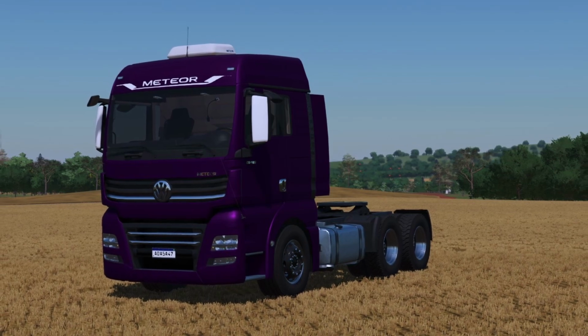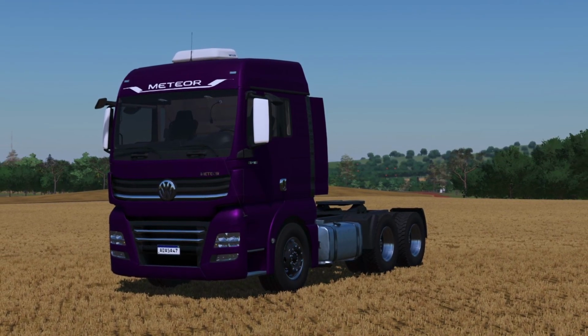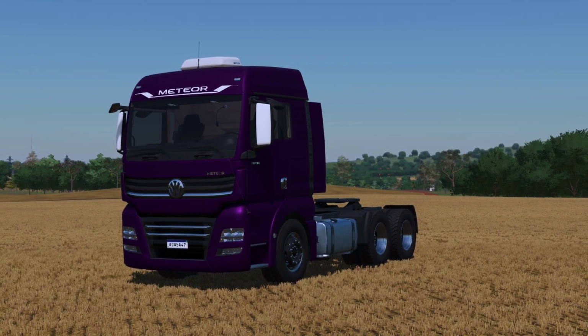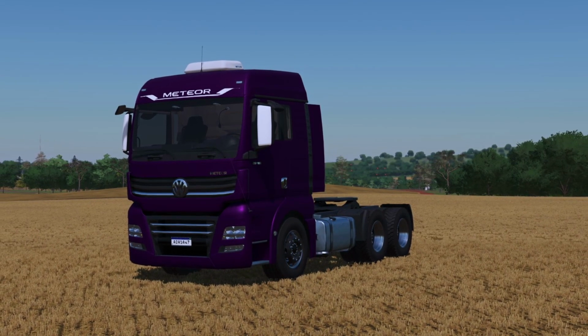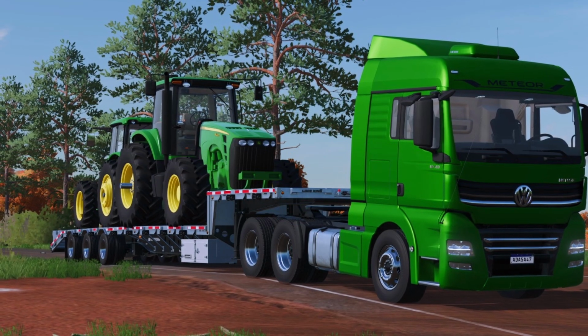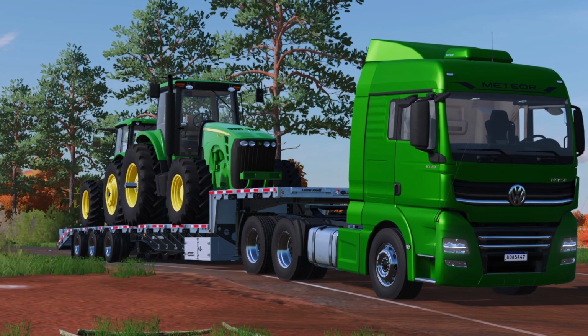In both versions, it is possible not to use the brand logo. This mod has seat adjustment animations, being able to move up, down, front, and back, thus adjusting the internal camera as you prefer. Some of the specs of the Meteor: it is $142,000, power ranging from 460 all the way